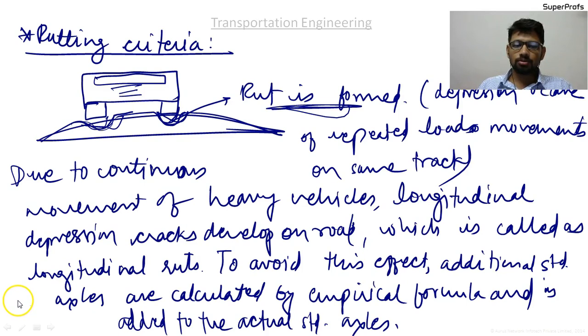So in the next lecture we will start with the rigid pavement design, and I declare that we are done with the flexible pavement design. The questions and numerical examples that I have discussed are very important from the GATE point of view. Please focus on them. Keep all the formulae in your mind. Practice so hard that the formulae become obvious to you, so you need not stress about remembering them.